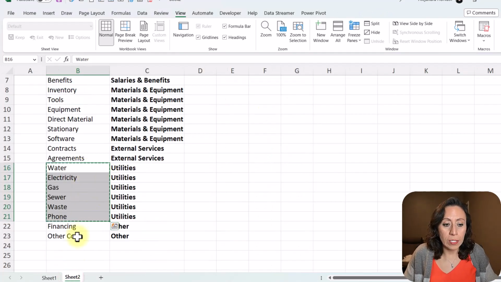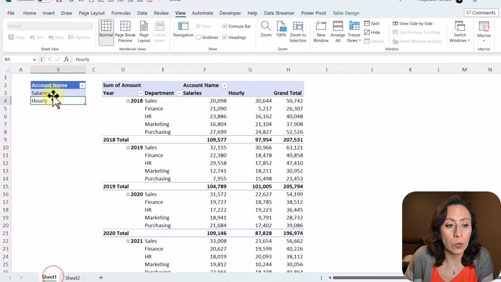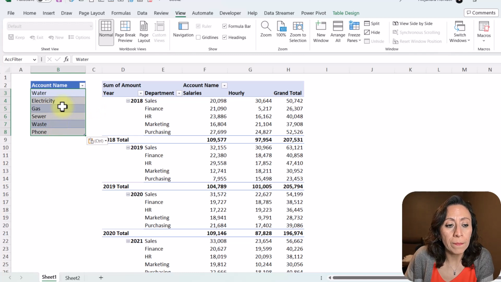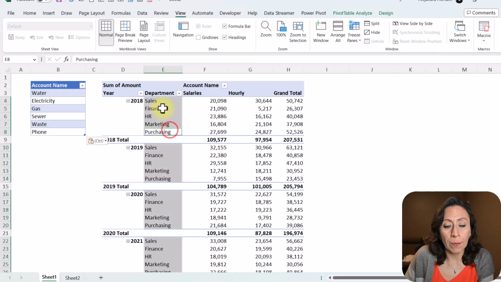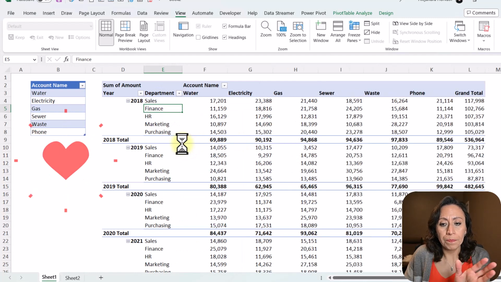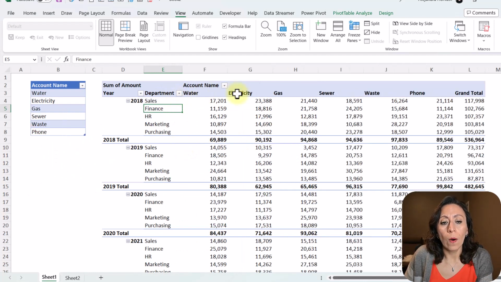Now let's do what I was going to do. Here I'm going to Control C the accounts that belong to utilities. I'm going to say on top of salaries, I'm going to say Control V. Now I have more items, right? I'm going to my pivot table, right click, and I'm going to refresh. Done. I have only the account names that belong to my category utilities. Excellent. That easy, that fast, and that reliable the information is. The key here is to apply the list buffer.